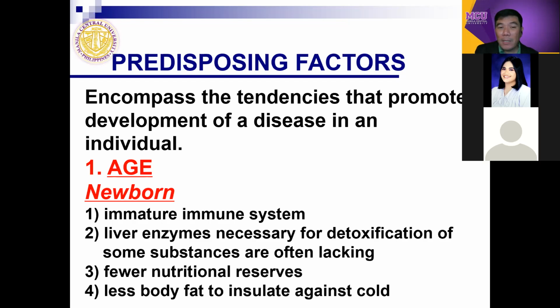So, less ang body fat, mas prone ba ang magiging baby natin sa problem with temperature regulation if we remove already the Vernix caseosa and the excess lanugo? Yes po. That's why if you will notice immediately they are being wrapped po or exposed to radiant warmer so that to add on the regulation of the temperature kasi